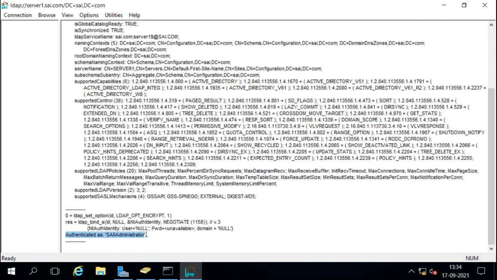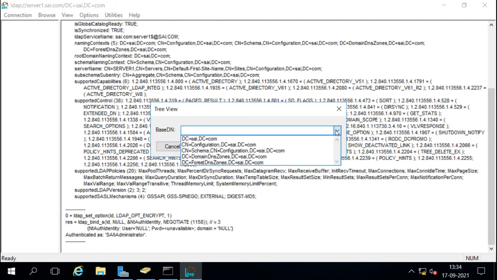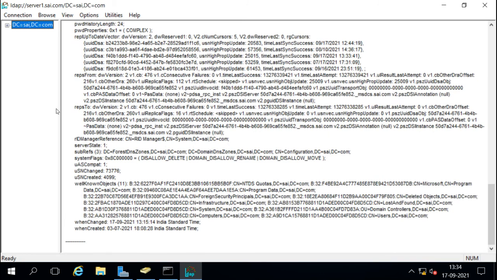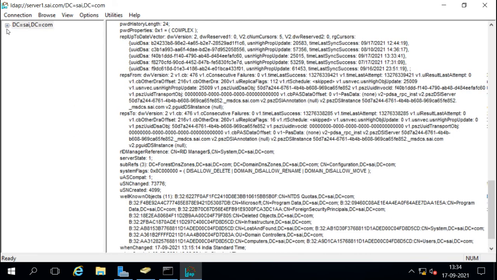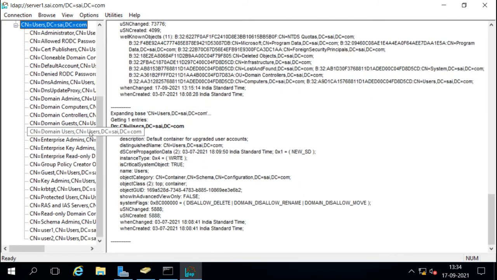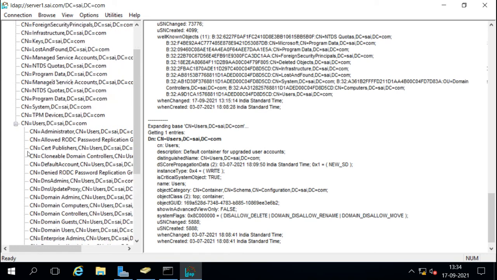Now what? I want to see the domain tree. So I will go on to view trees, and I want to see the domain tree here, site.com, and here we'll see this domain tree. Now when you open, you can see all the domain Active Directory objects here, and under the users, when you double click, you can see all the user objects where we don't have user 3 and 4. You can see user 1 and 2 is there, but 4 is not there. So where does user 4 go? It goes into deleted objects.